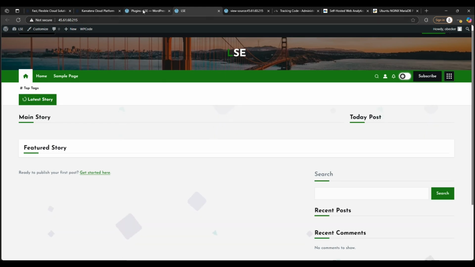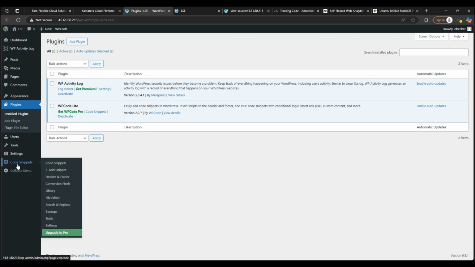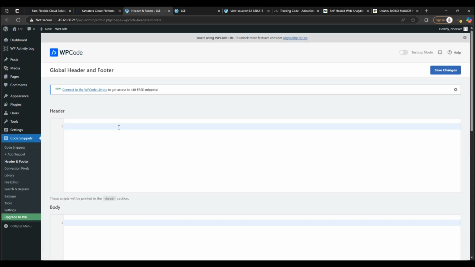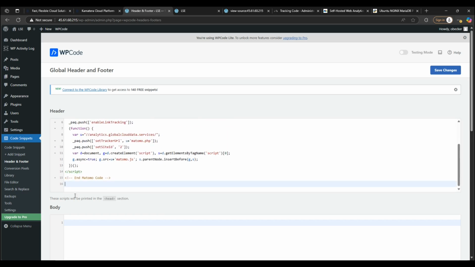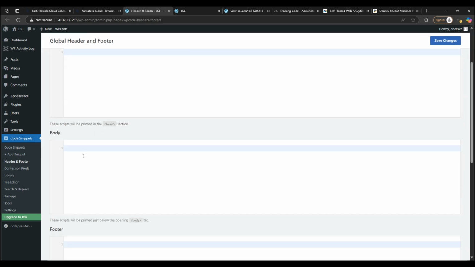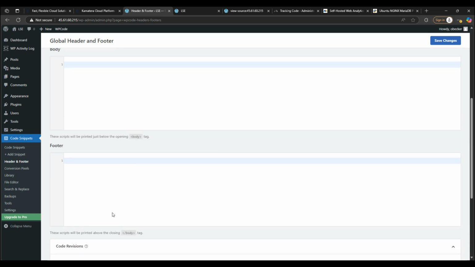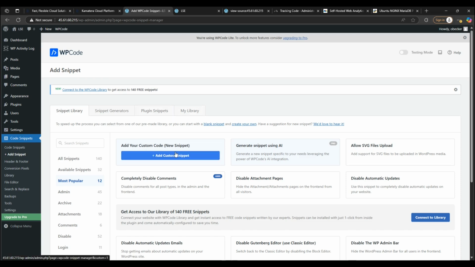So now we go back and go into our plugin and we go to the WPCode Lite section, which is called down here Code Snippets, and say Code Snippets, add snippet, header and footer. So in this case, we want to go into the header, and we can say, okay, we want to add this into the header section, right? That's one way to do it, and then we have it in the head section. Not the smartest way. Best way, either you go within the body or somewhere else, but the best way I found out is to go into add a snippet and say add your custom code